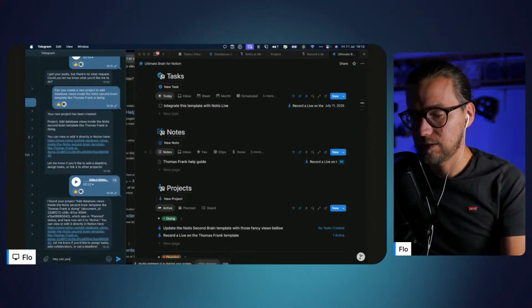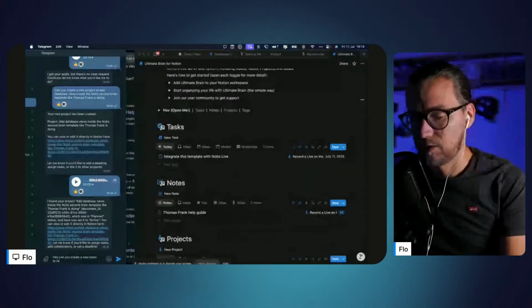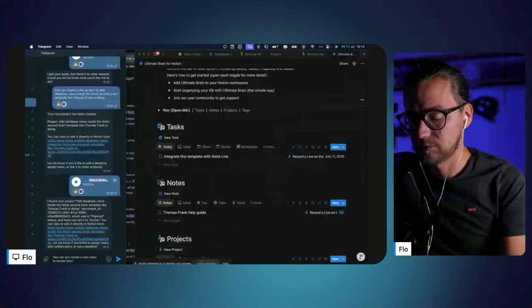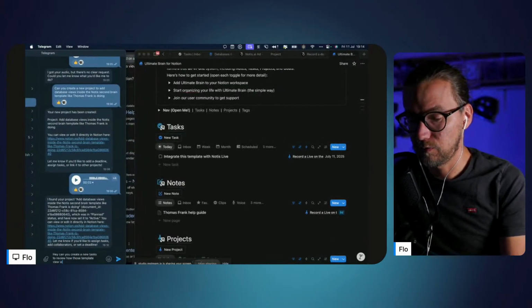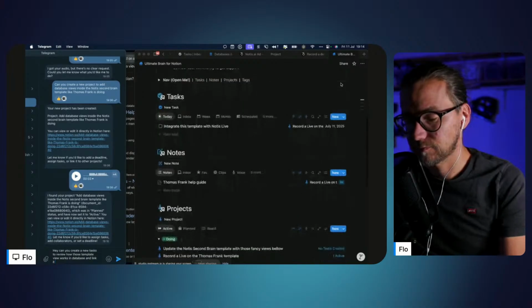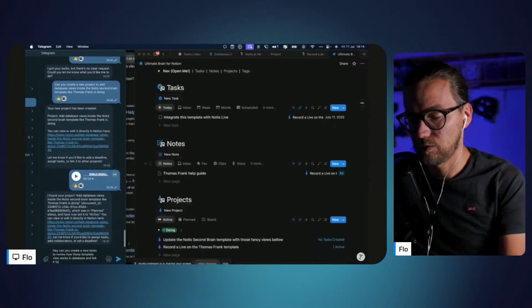Hey, can you create a new task to review how those template views work in database and link it to the project called